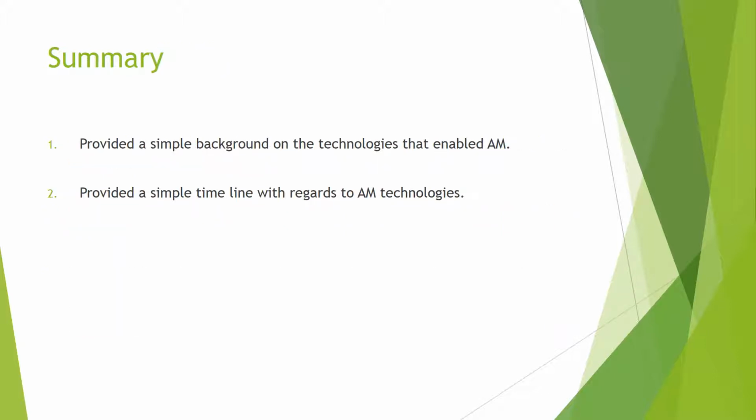So in summary, I hope this presentation has provided a simple background on the technologies that have enabled additive manufacturing, and also provided a simple timeline with regards to the additive manufacturing technologies we see today. I think additive manufacturing has come a very long way and is probably going to continue to develop significantly over the next 5 to 10 years. I think we will definitely see the introduction of additive manufacturing plus all the advanced manufacturing technologies